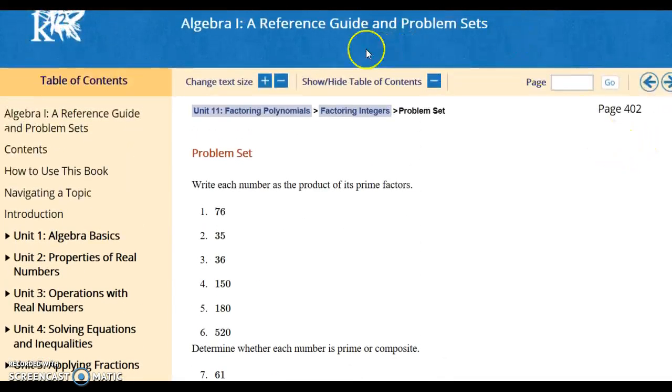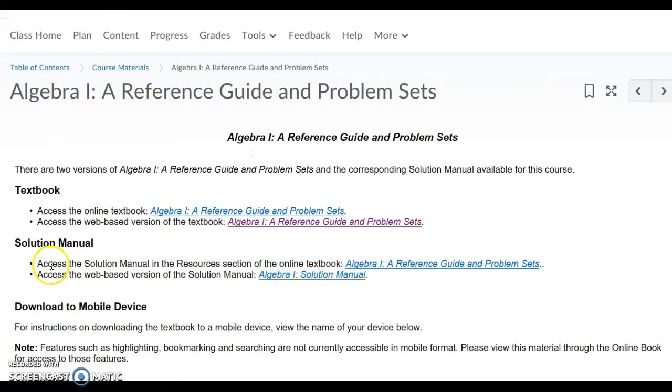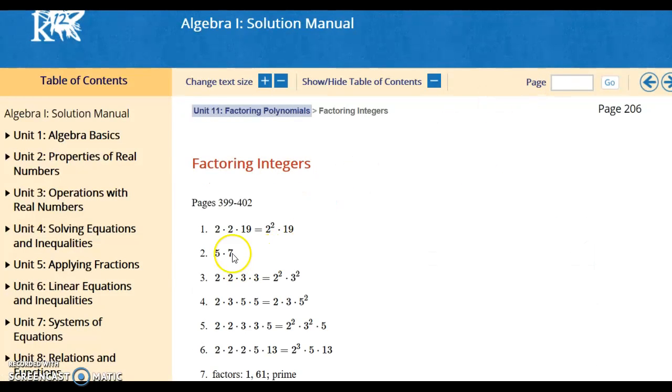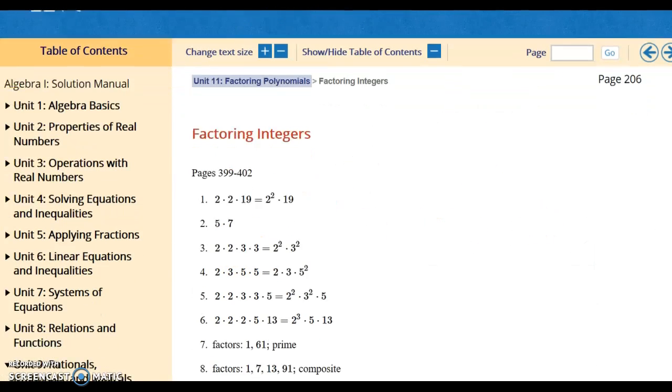Once you have that and you want to find the solution set, just go back and you'll see under here solution map. Again, I'm going to hit the web-based. And I'll tell you what page the answers are on for that problem set. It was 206. And then these are your answers,